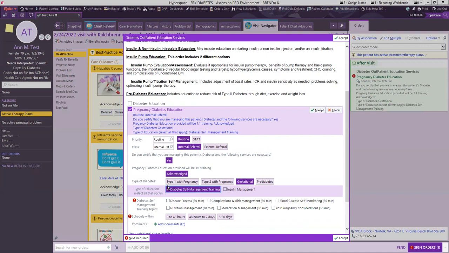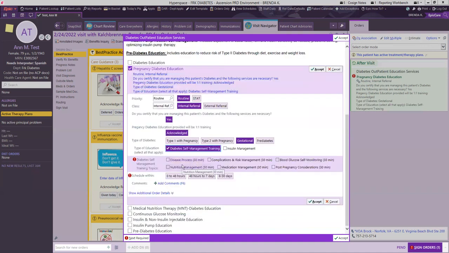So for pregnancy diabetes education, you're going to specify which topics you want to be covered or select all of them. We have recently started offering group pregnancy diabetes education at St. Joe's, and we will be rolling out group pregnancy education at CSM Milwaukee and All Saints, probably in spring or summer of 2022. So the order may be changing a little bit, the look of the order may be changing,